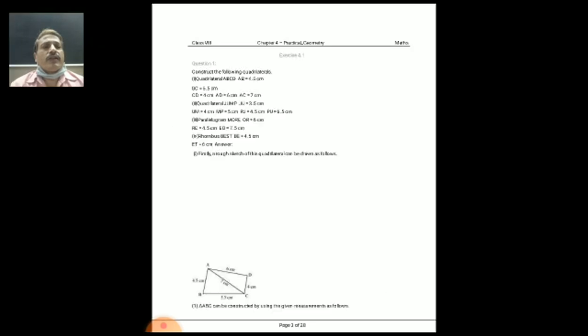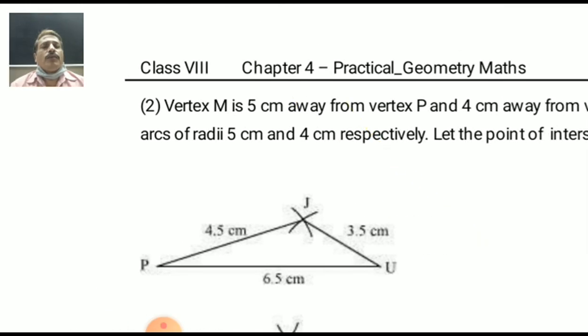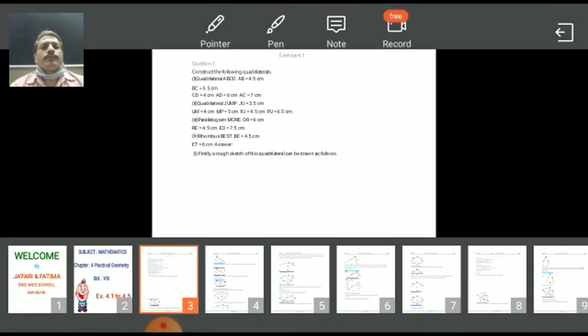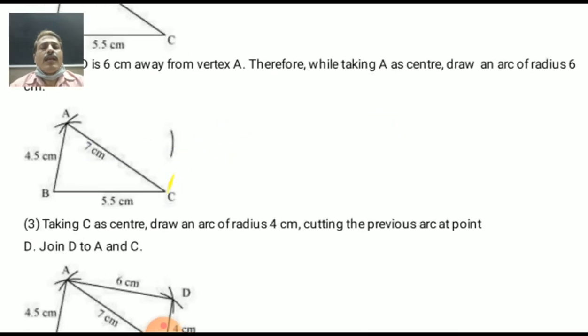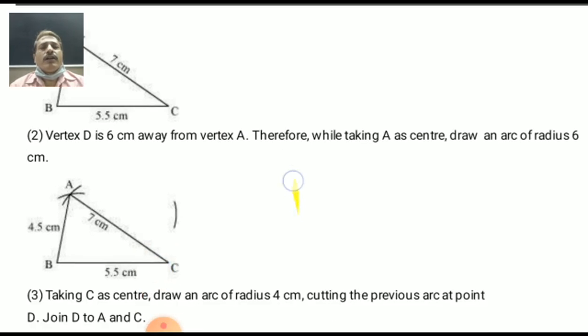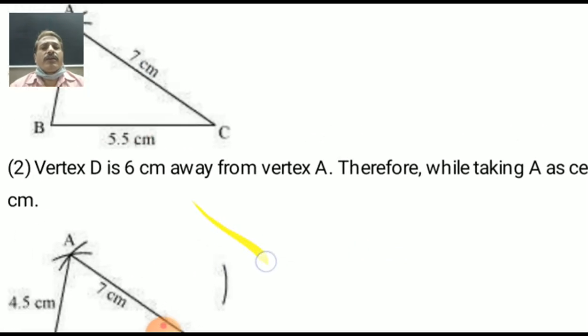See, already we discussed a quadrilateral is made up of two triangles, not one triangle. Yes, my dear students, here is the first one, triangle ABC. How to draw the triangle ABC? We already discussed it in our 7th standard. Once again, we can start from our base BC, which is 5.5 cm. With the help of the scale, we can draw a line segment BC of measure 5.5